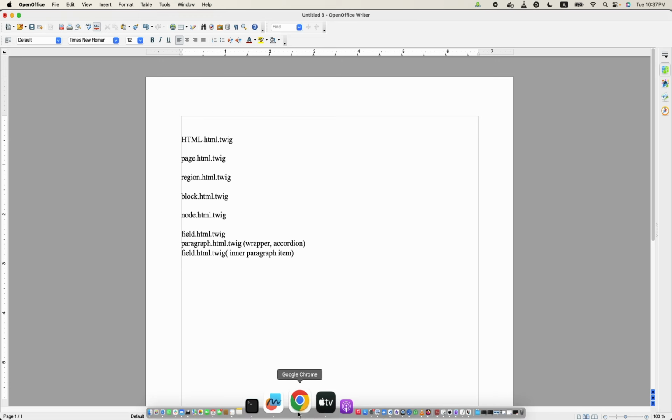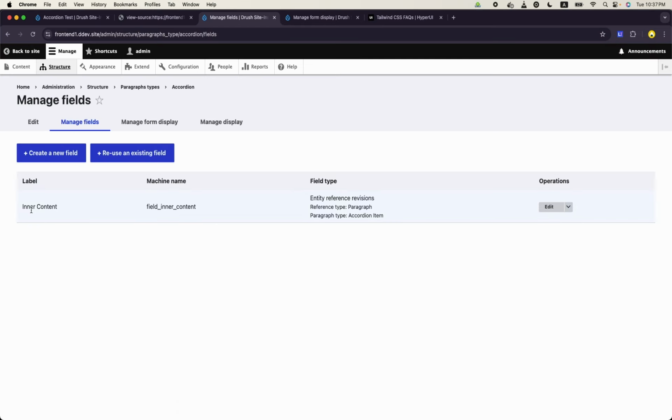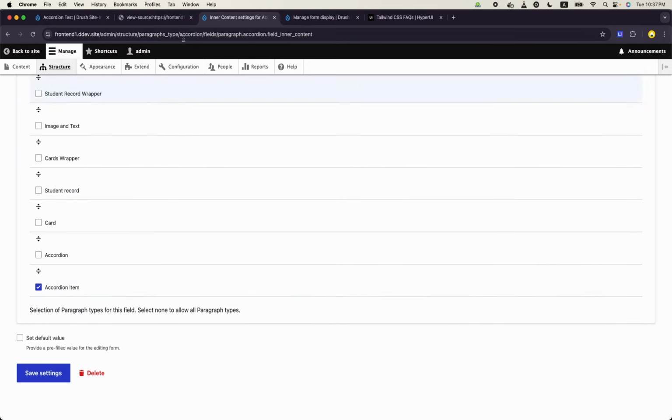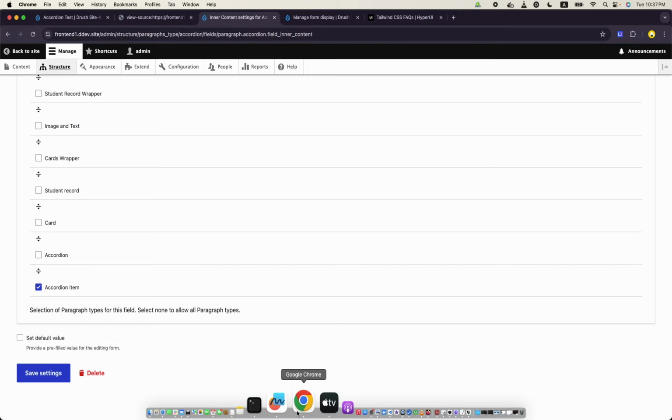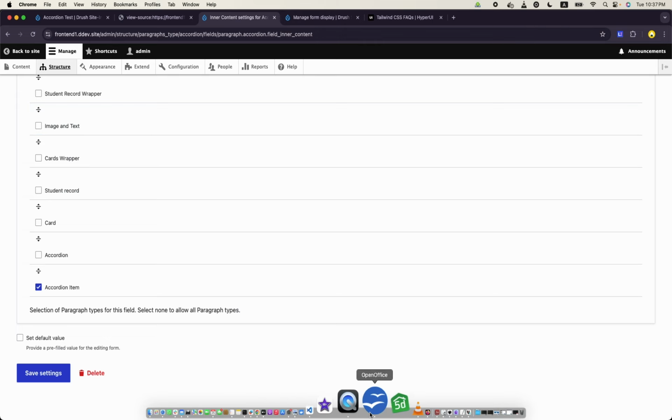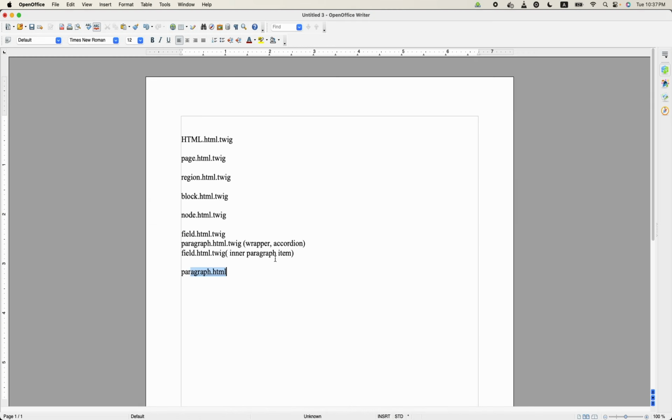The next is, now we again, if we refer a paragraph type inner content, what does it refer? It refers accordion item. Accordion item. So now how many items are there? 3 items. 3 paragraph items. But before going there, it will be a paragraph item and paragraph item and paragraph item. Why? Because we are going to reference 3 paragraph items,